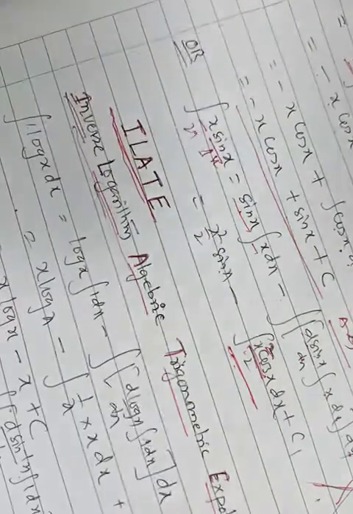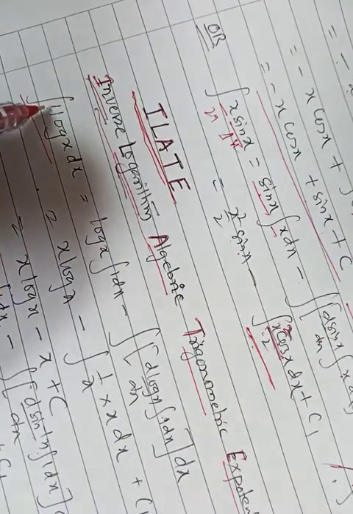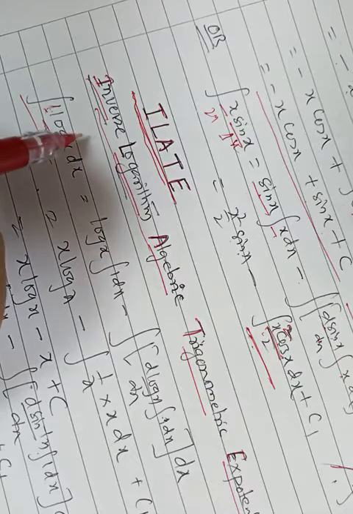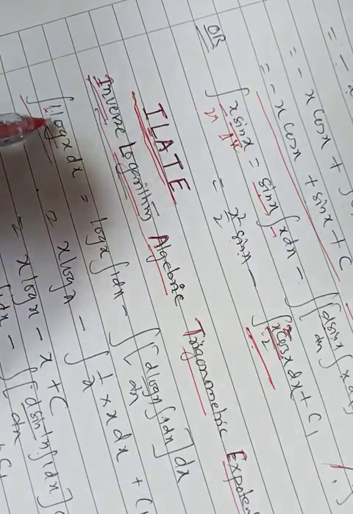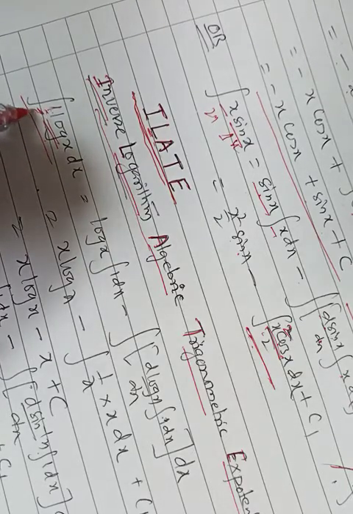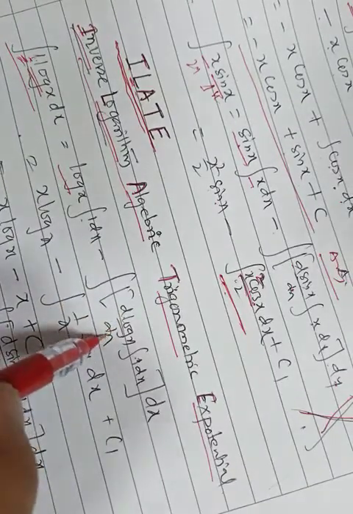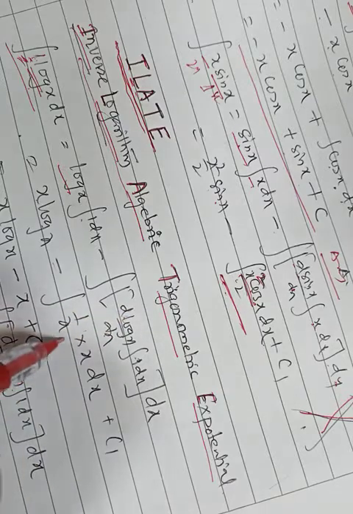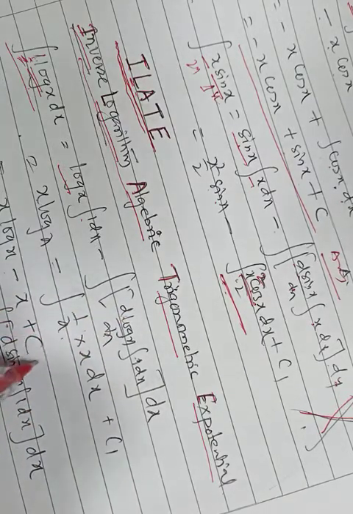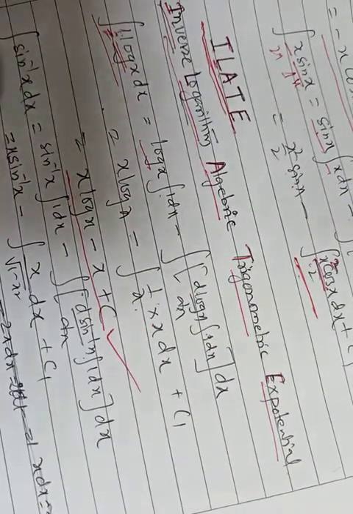Now we'll do integration of log x. So we write it as 1 into log x. This is algebraic and logarithm, so the logarithm function will come first as per the rule. This will be first, this will be second. So first function into integration of second, minus differentiation of first function into integration of second, whole integration. x log x, this will be 1 by x, x cancels, so minus x plus c. This is not a formula, no need to remember this, but this way you can integrate.